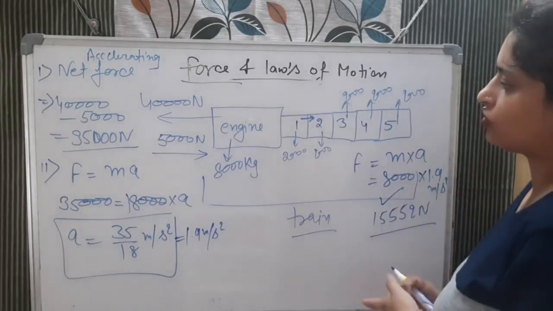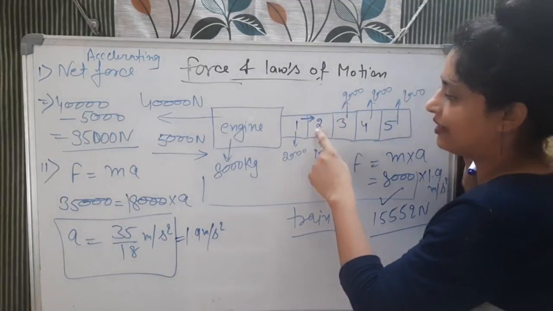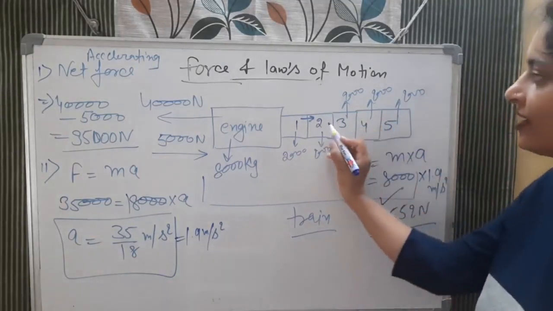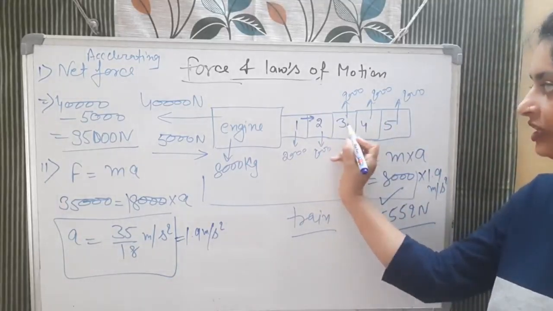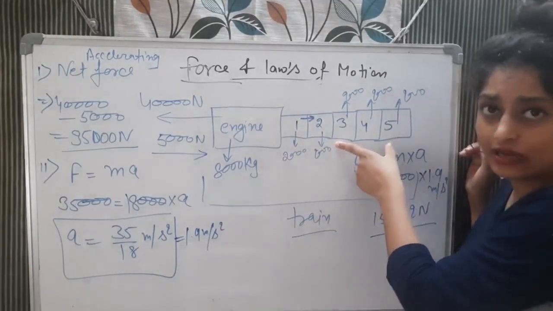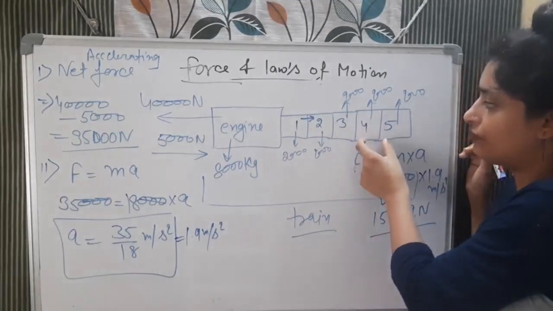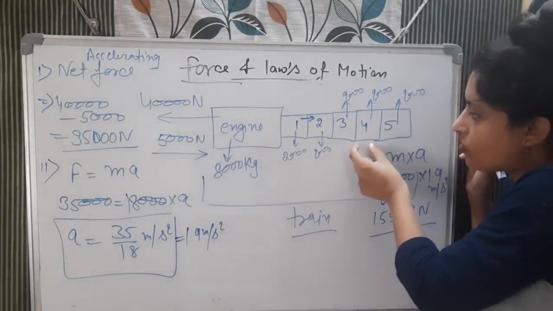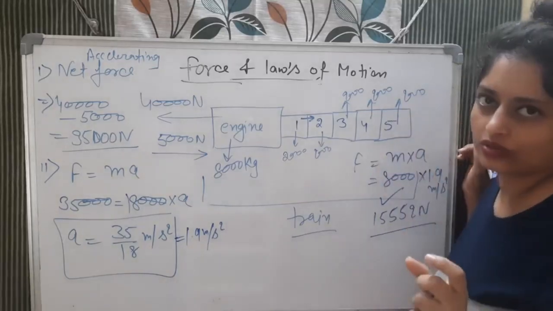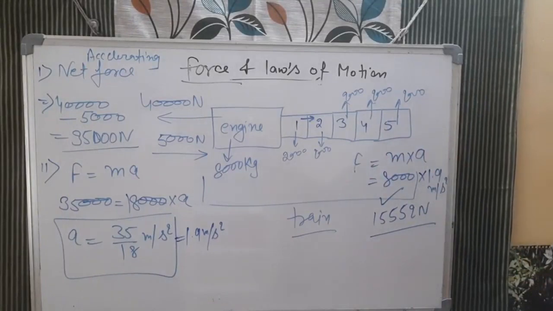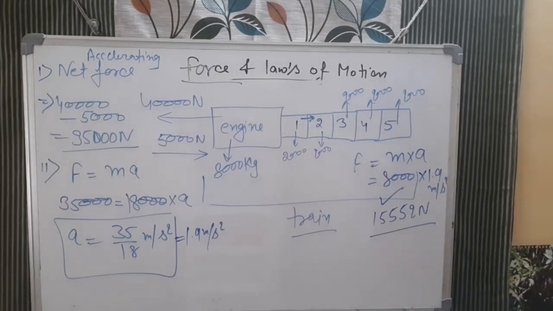Okay, but in the same question, if I say, children, find out the force of wagon 2 on wagon 3. In this case, when wagon 2 applies the force on wagon 3, because 3 is attached with 4 and 5 also, the mass will be 6000. If you ask for the force of 3 on the 4, it will be 4000. And if you ask what will be the force of 4 on the 5, then it will only be 2000. So you need to see that thing. So this was this question, it was quite important and a little tricky also, not too much, but you guys can do it.